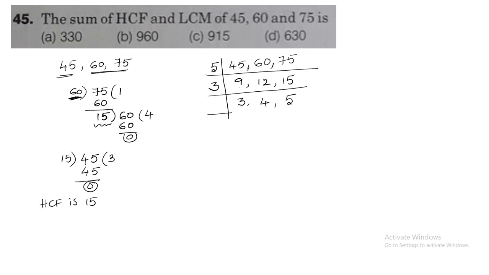Now again if you observe, 3 and 5 are prime numbers. So 4 I can take in 2 table. So what I am going to get, 3 is 3. Next 2 twos are 4. Next it won't go, so let it be 5. Now since all the numbers are prime numbers, directly LCM is nothing but the product of those numbers. So what is the product? 5 into 3 into 2 into 3 into 2 into 5.